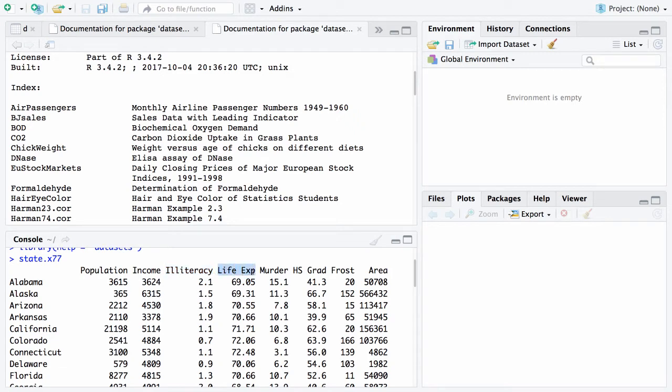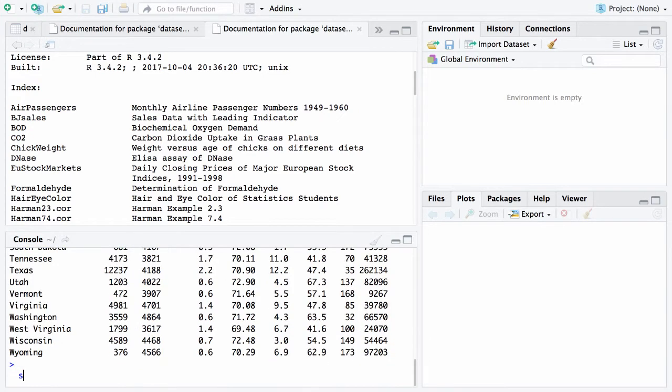Here is the life expectancy in years. Here is the murder rate. Here is the high school graduation rate. Here is the average number of days of frost. And here is the area in square miles. Now, if you want to learn more about these various columns, you could type in